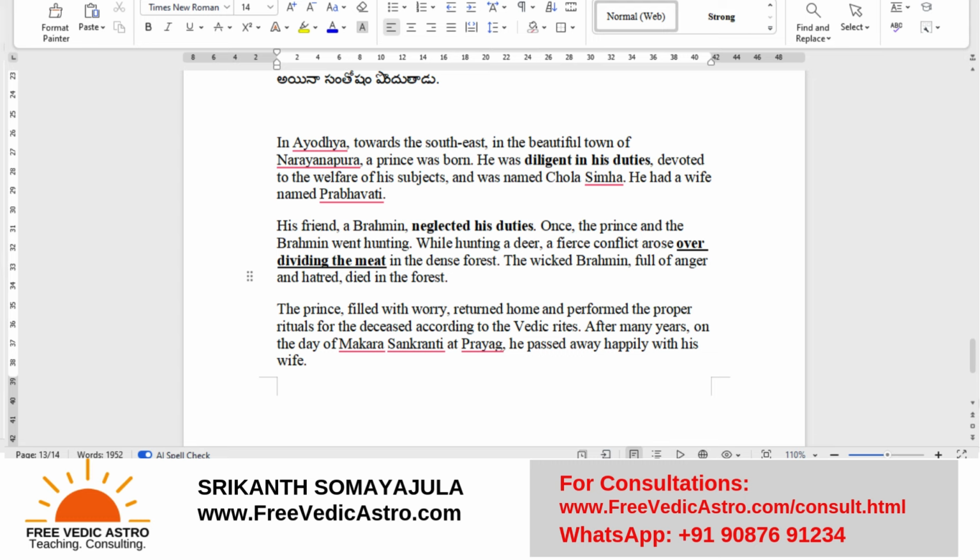So the Brahmana left his usual career and he made friends with the king. They both go to a forest and hunt a deer, and a fight comes up when they're trying to share the meat between the Brahmana and the king. These stories will be like this. So never think why a Brahmin is eating meat. In the Kali Yuga, only Brahmins are forbidden from eating meat. In the previous yugas, they were eating meat.